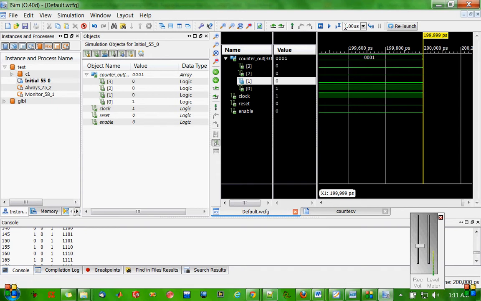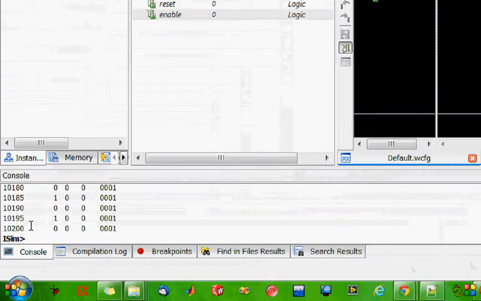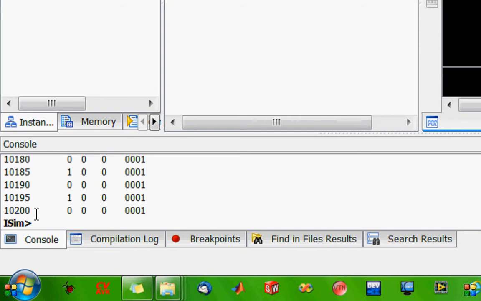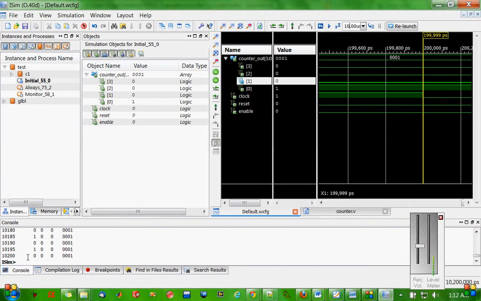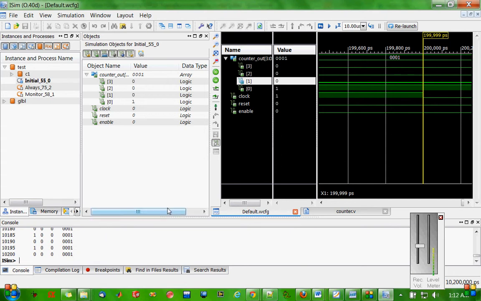Now I have simulated it for 1 microsecond. If I simulate it for 10 microseconds, click on the button. Now it is simulated for 10 microseconds. So you will see the time here at the bottom will now go to 10,200, because the time was already 200 when we ended the simulation before. So 10 microseconds means 10,200 picoseconds, because it is already specified at the top that the time resolution is 1 picosecond. So the overall time is 10,200 picoseconds or